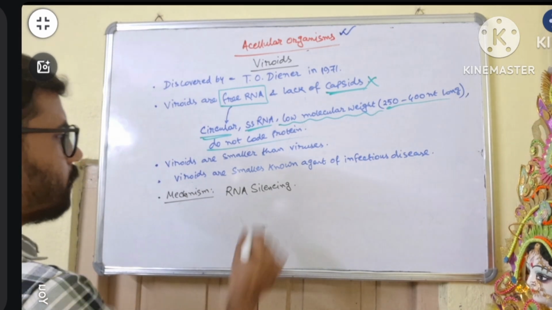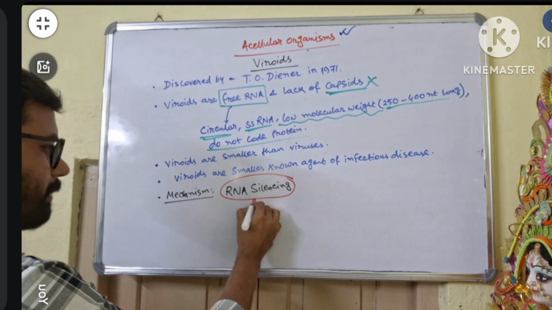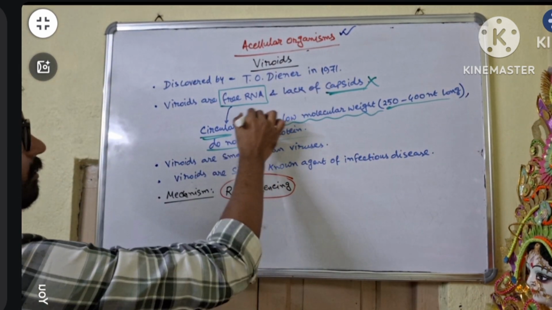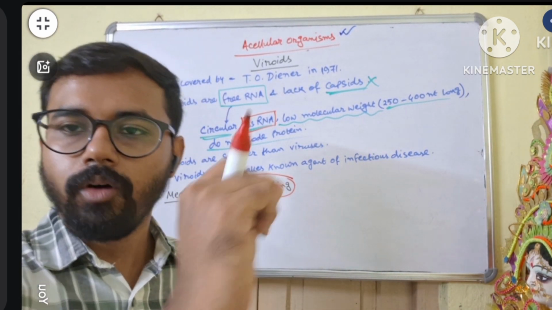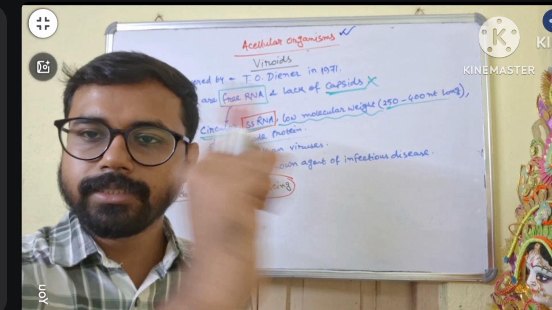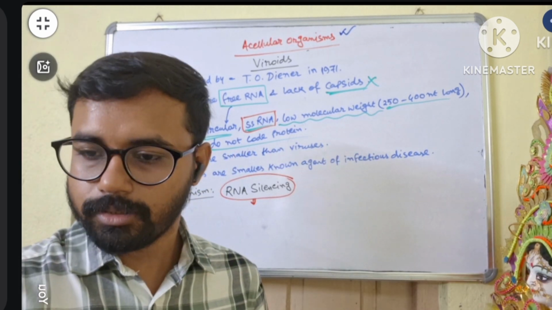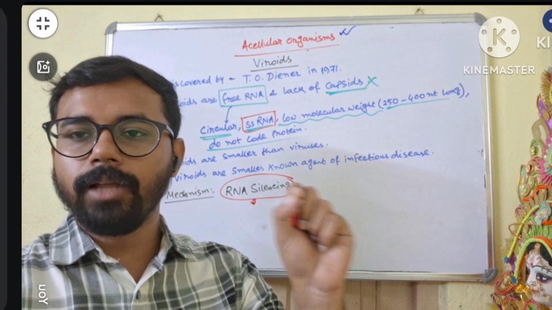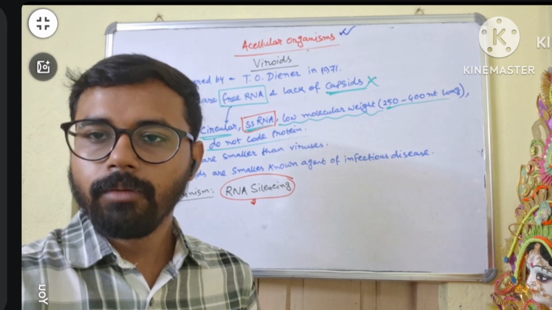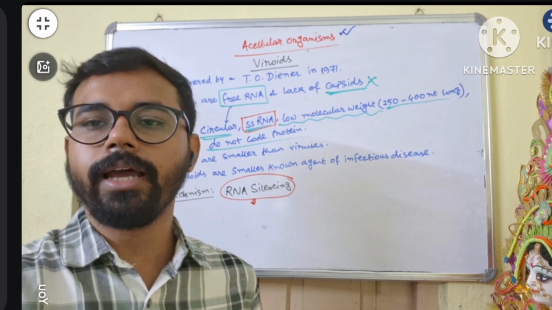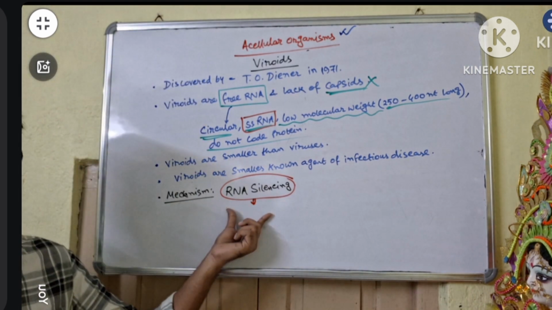RNA silencing is a very important phenomenon occurring inside the eukaryotic cell. Just the basic meaning: the viroid is RNA, and viroid RNA interferes with normal cellular RNA, and this cellular RNA is either blocked or cannot enter the translation process. Clear? That means if cellular RNA does not enter translation, it makes problems inside the host. Protein production is hampered, and ultimately the host cell will die. Clear? So that is the RNA silencing process.